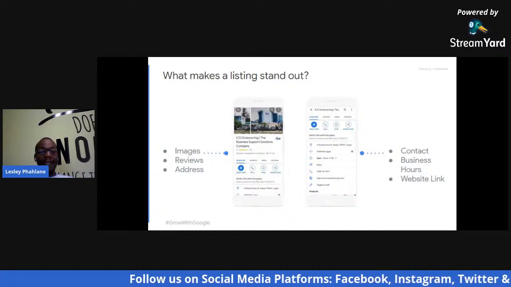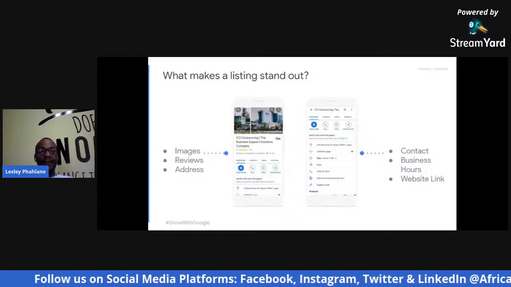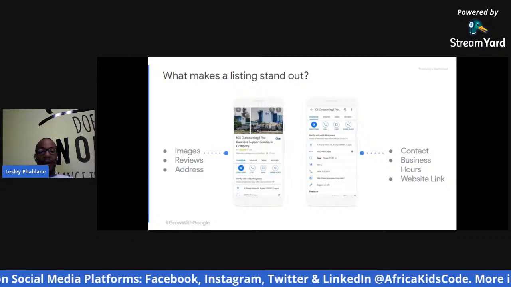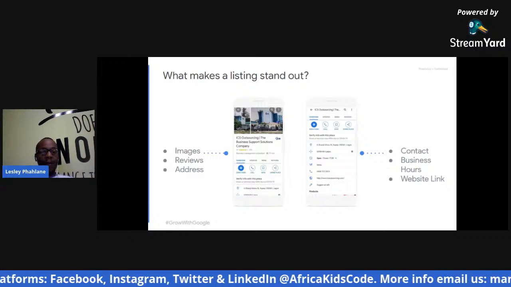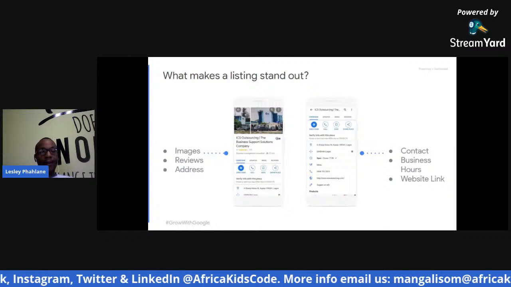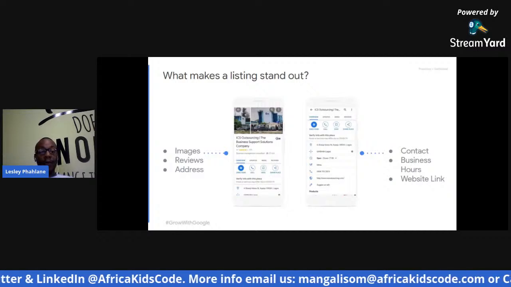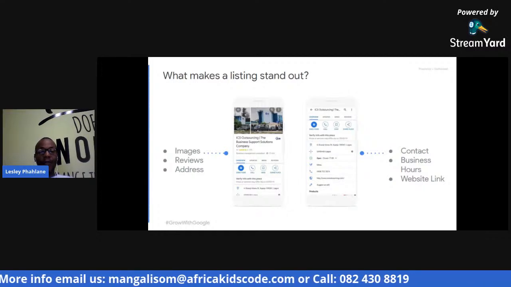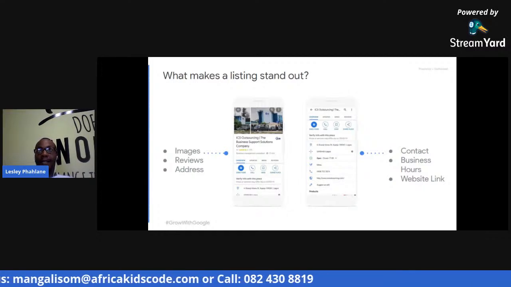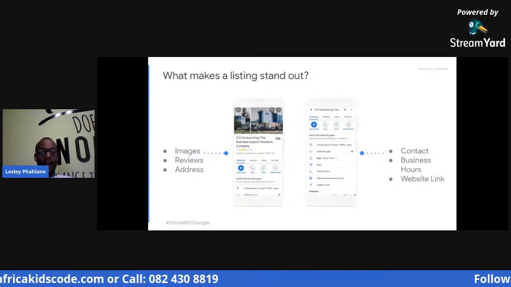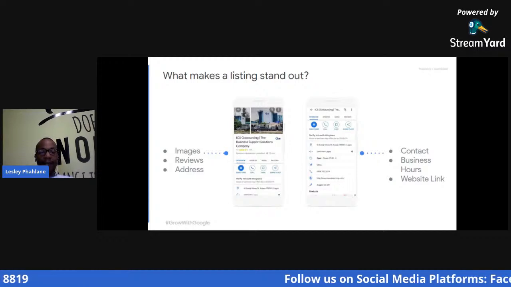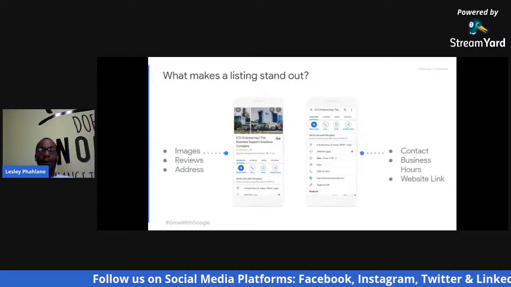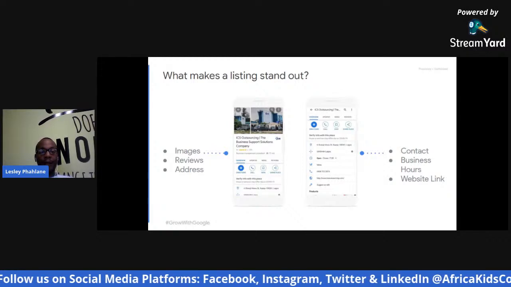Or let's say you run a restaurant and someone has made a reservation and would like to cancel it or check if it's still open, they can use the contact. It's also important that you put the business hours, when to visit. Your customers can know if they can still find your shop open at that time. So it's important that you put the working hours. You must also mention if you're working on public holidays,